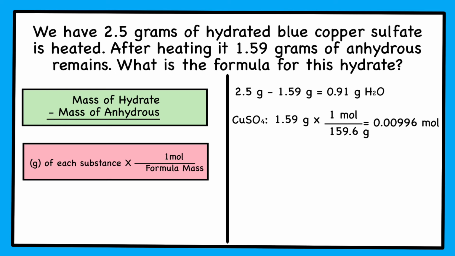This gives me 0.00996 moles of copper sulfate. For our water, we take 0.91 grams of water and multiply by 1 mole of water over 18.02 grams of water. And this gives me